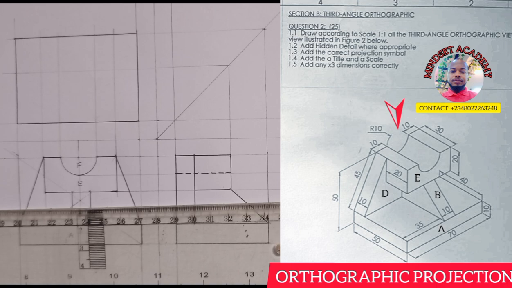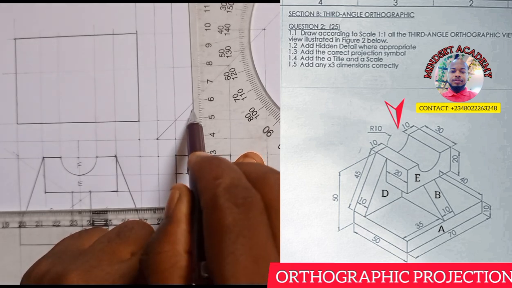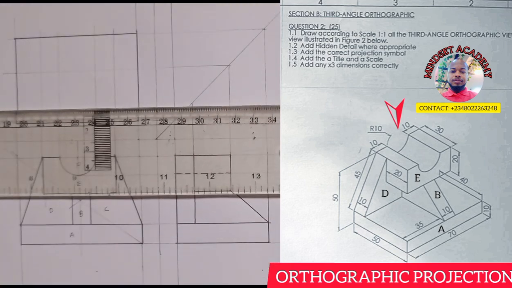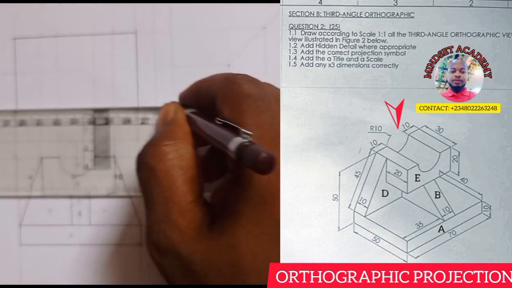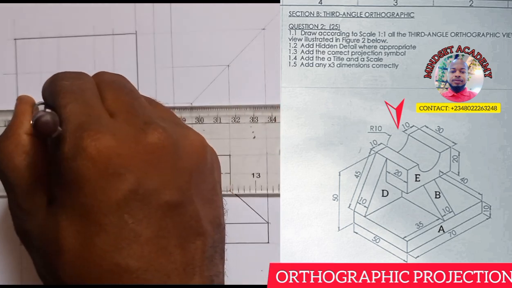So let's do that first of all. And let's all bring this out first. It is coming from here. So all this you're seeing will end here. So this will be taken to this point, the inclined line, and to this point. So